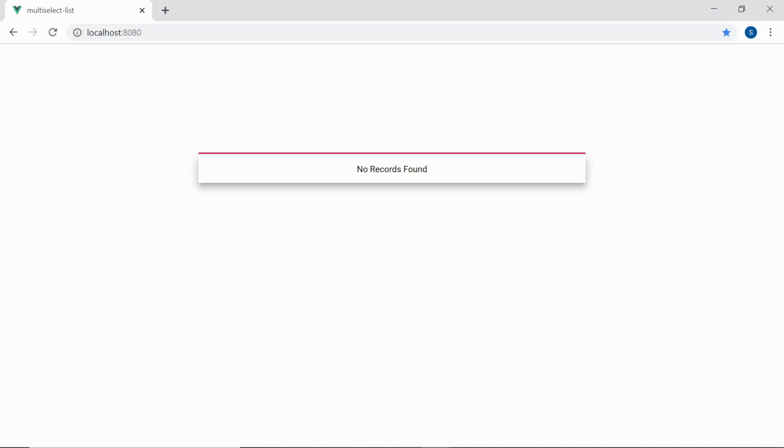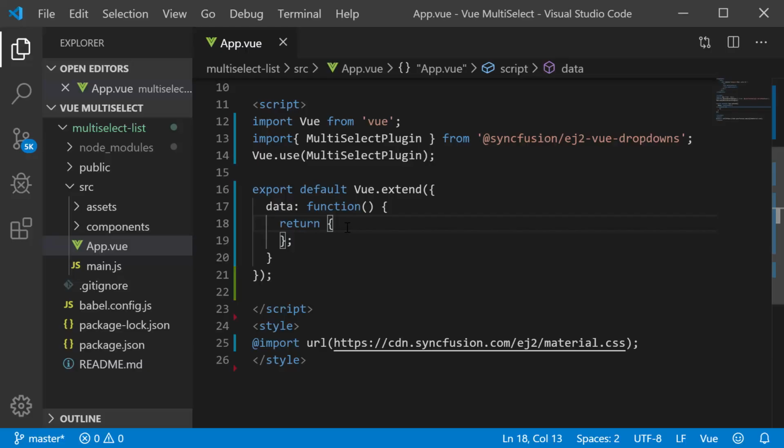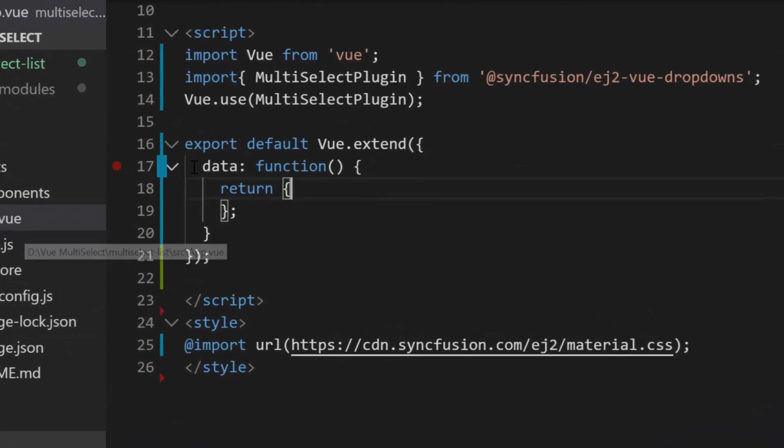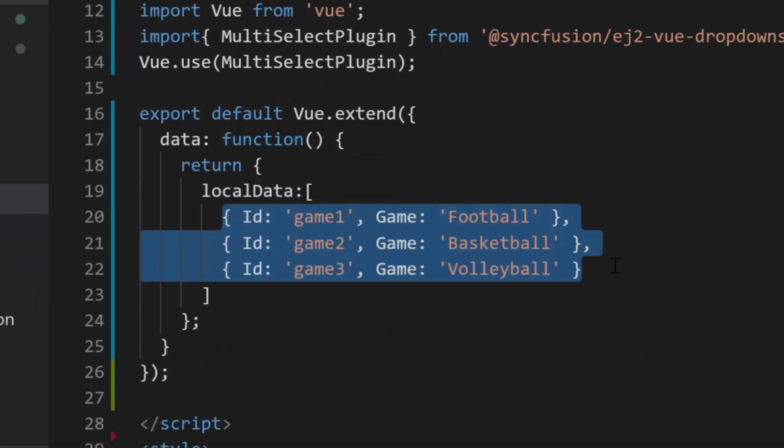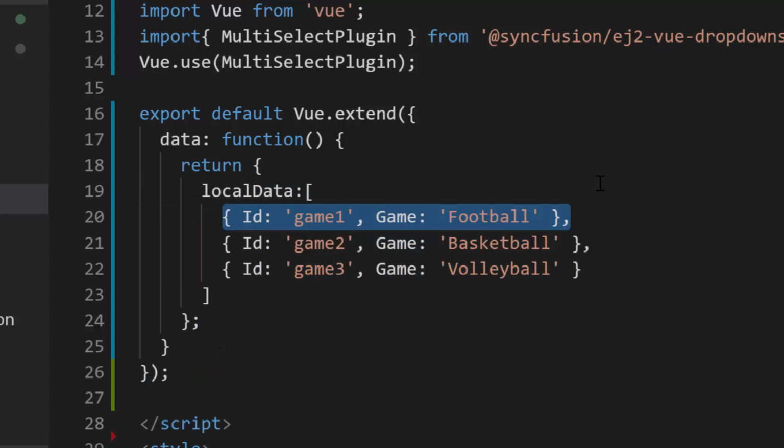Now, to populate the items, I need to bind the data source for the multi-select drop-down list component. For that, let me open the App.vue file, and within the data function, I will define the object variable localData and assign an array of objects where each object holds two fields, namely ID and game.